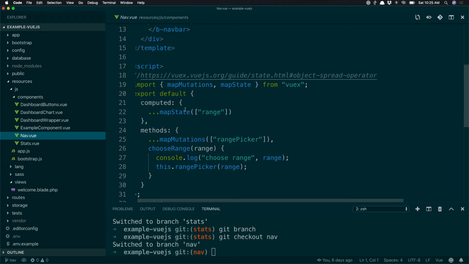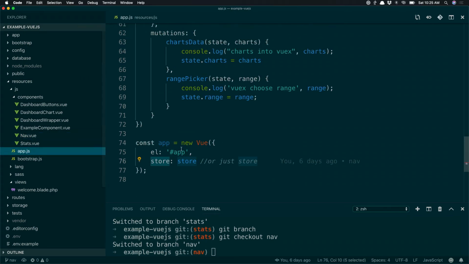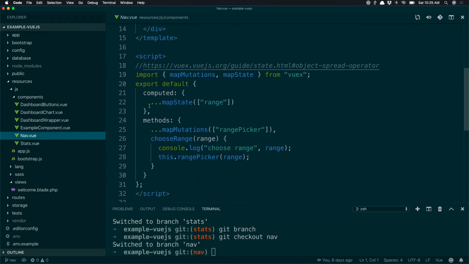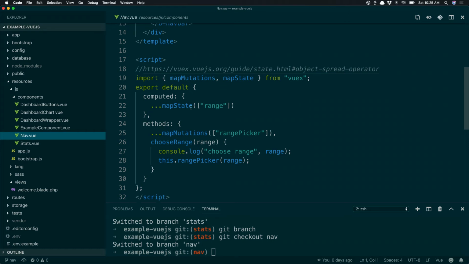So it's a way to do dynamic stuff preemptively with your data. And so I'm going to use this mapState to import range. And well, where is range? Well, if we go back to the Vuex object we made, there's a state called range, and range is daily. So earlier on we were doing range when you clicked a button. Now I moved range into there, and when someone clicks a button, they're going to impact the state of range.